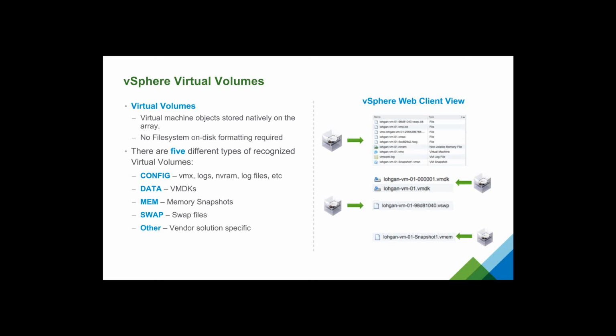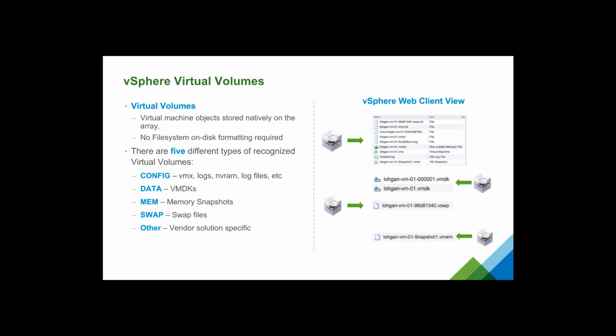So I'll get into a little bit of the implementation here. A config vVol actually has a little tiny file system on it, so it can contain multiple files. If you go browse it like it's in a data store, you'll actually see the individual files. So a config vVol actually is a little tiny file system itself. It's always 4 gigs, so it's not like there's a whole lot of stuff stored in it.